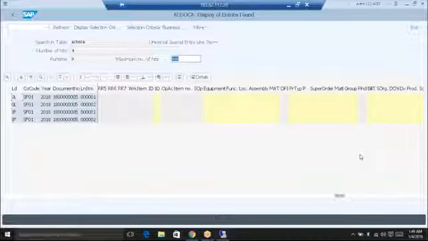Why it will not appear in ACDOCA is because costing-based COPA will not update anything in ACDOCA. Just remember this. Normally there is a confusion that all the COPA values will go to ACDOCA, but that is wrong. Only account-based COPA values will go to ACDOCA, not costing-based COPA. Yesterday we also discussed that costing-based COPA is completely untouched.